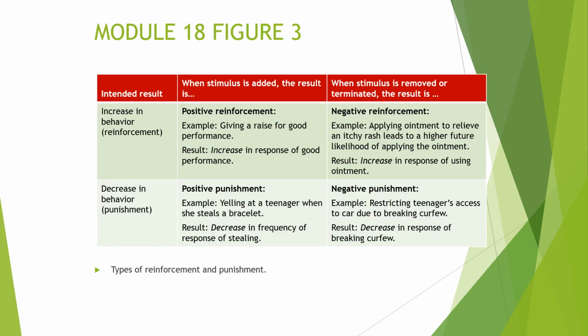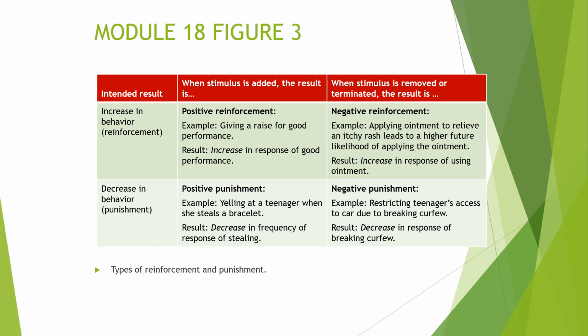So this is figure 3 in your textbook. And this is on page, well, I'm not sure what page it's on. Maybe it's not a page. I guess it's not a page, but it's a really nice table. It says figure 3, so I don't know why. Oh, it is here. Sorry. It is at the top of page 6. The top of page 6 goes through these various positive and negative reinforcement and punishment.